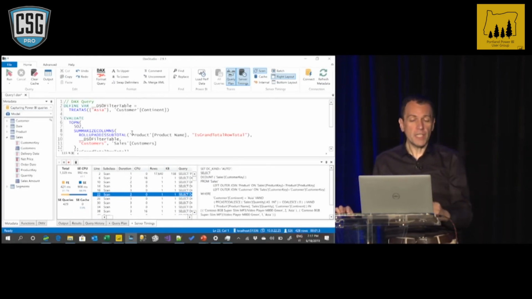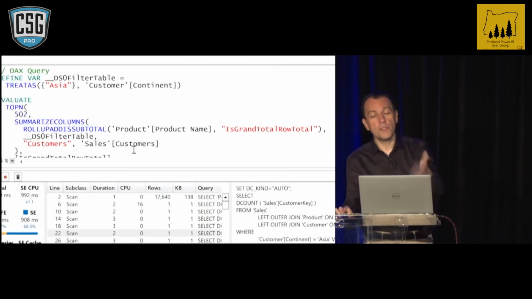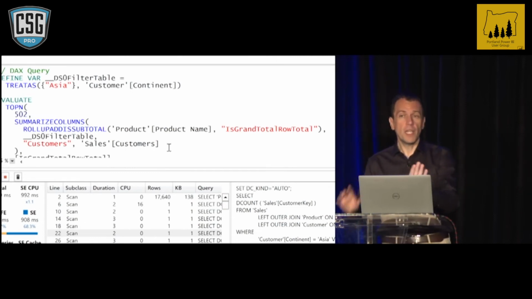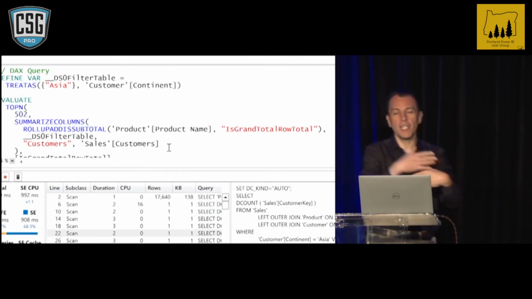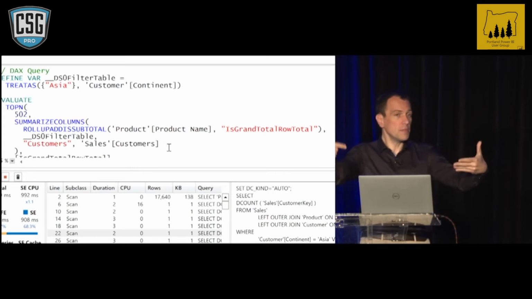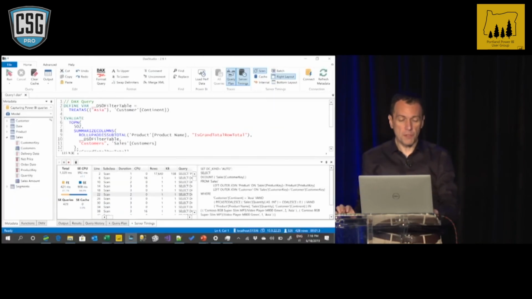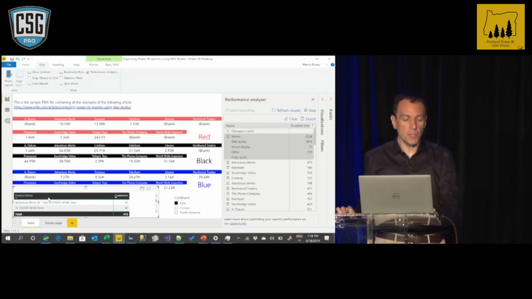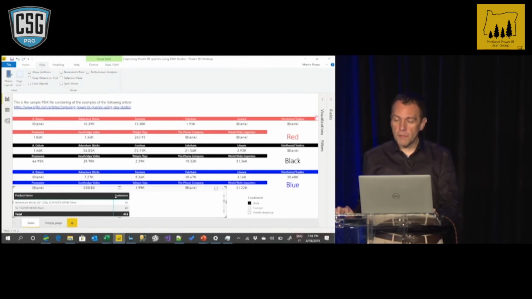At this point, I need to understand what is going on. And in order to understand, I show you that this query is using just one measure, Customers. When you identify the visualization, you can figure out what the measure is just by looking at the properties of the visualization. So if I go back to my report and I click on this visual, you see that here, in my visualization pane,